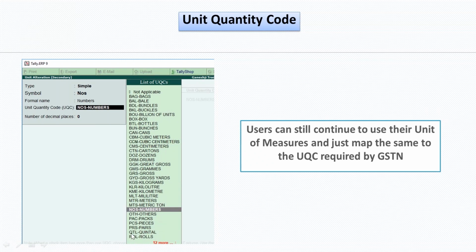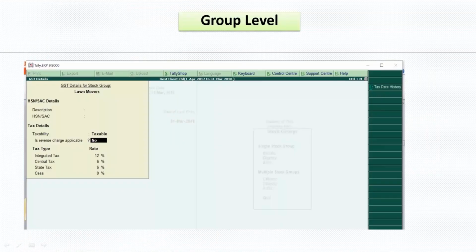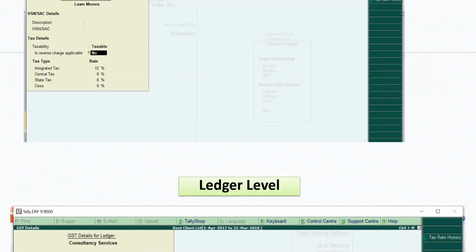Maybe you want to say QNL. So you can still write that and link it to this itself. Whatever name you want to give, you can give it here, but map it to the drop down here. So that is possible. Now this is the group level configuration.